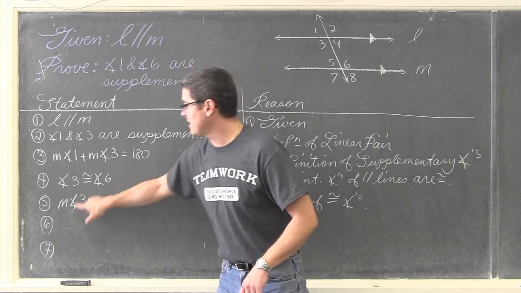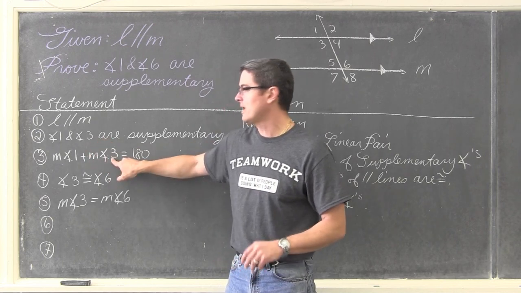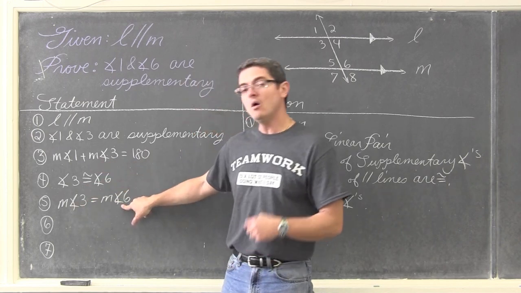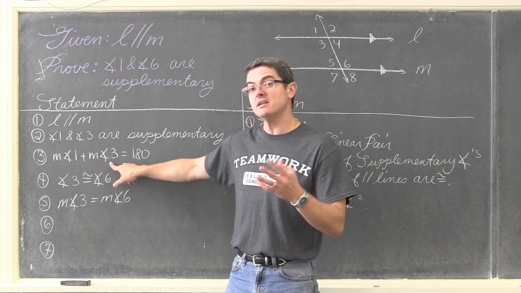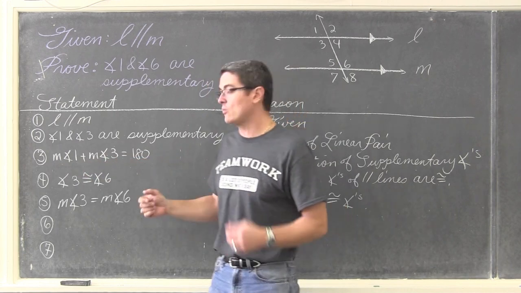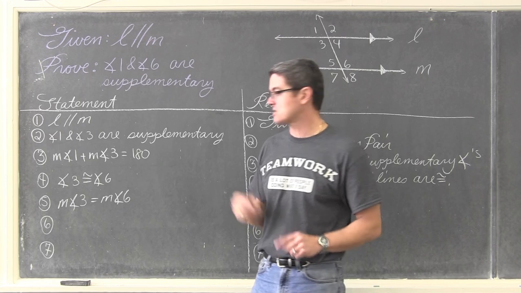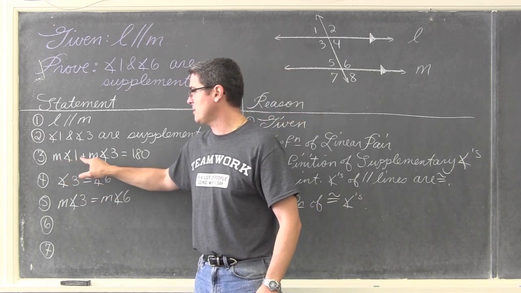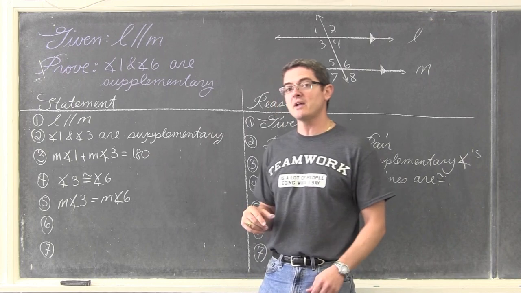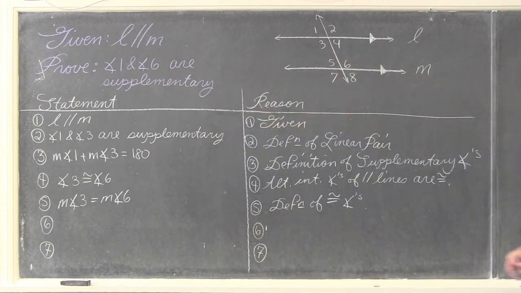So I can take my 3, the measure of angle 3, that symbol or that notation that's in this equation, take it out and plug in what it's equal to, which is 6. And now, do you see what's happening? I'm going to have one equation saying that with substitution, taking the 3 out and plugging in measure of angle 6, I'm going to have a statement that says the measure of angle 1 plus the measure of angle 6 is equal to 180, and that means I'm almost done with my proof. Very cool.